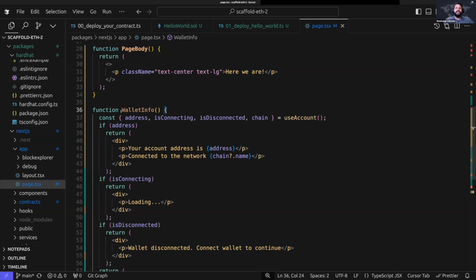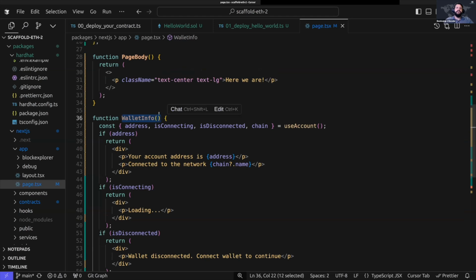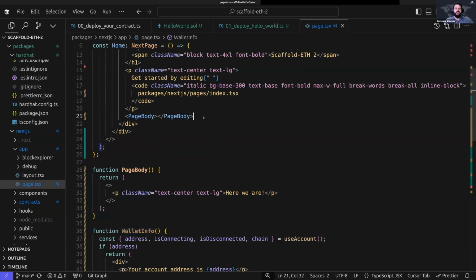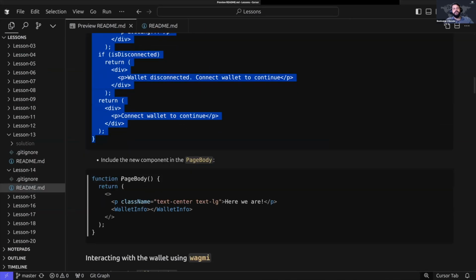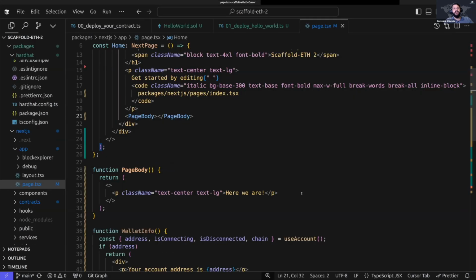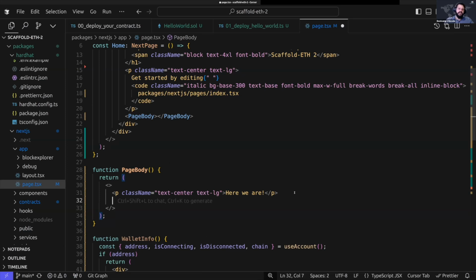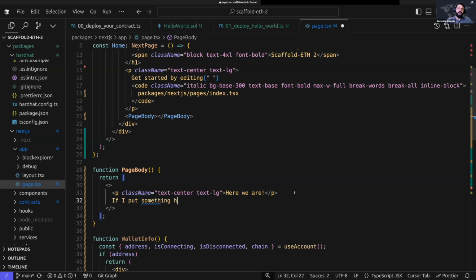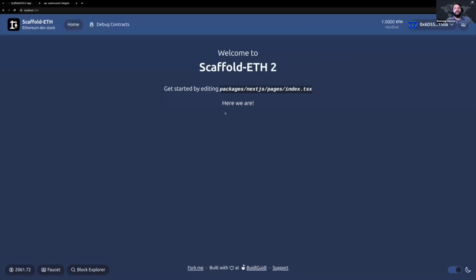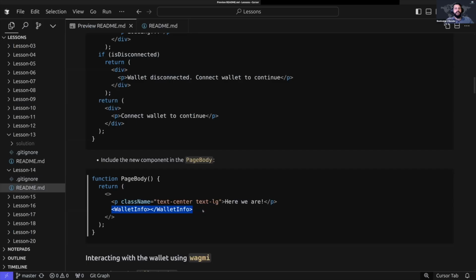So to display this WalletInfo, we now need to put it here in the page. That's the next instruction that I have in the documentation. I'm going to pick the page body, and I'm going to add this component of WalletInfo there. Inside the page body, we saw that everything that we change, if I put something here, it's going to appear on the page, right? So if I put this WalletInfo,